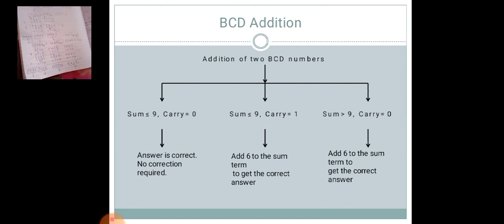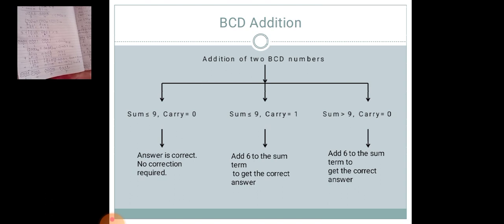Once again go through the rules properly, see what will happen. Now here you can write a comment. Here the first condition comes, sum is less than 9 but carry is 0. So this is invalid BCD. You have to add 6 here, right? Now this is greater than 9, right? And carry is 0. So this is also invalid BCD. This is greater than 9. So this is also invalid BCD. That's why we have added 6 into each 4-bit. So finally we'll get the correct answer.